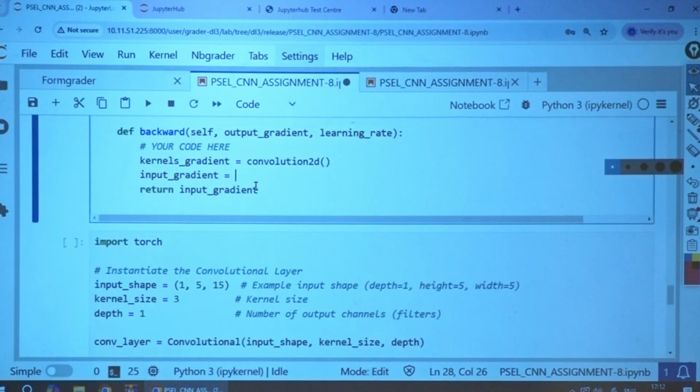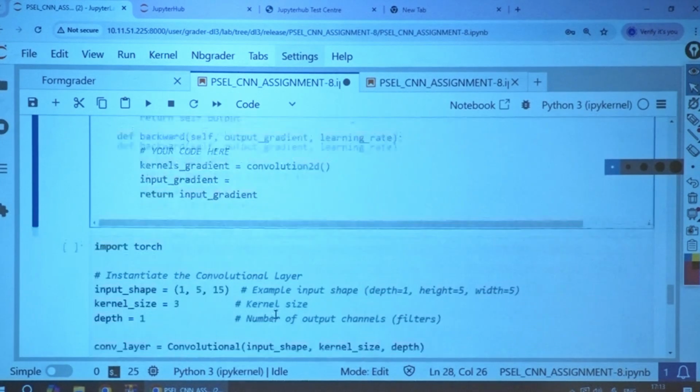We already have the method defined, the convolution. So what you are supposed to do, use the same convolution which we defined, flip the filter, use the flipped filter and the derivative, not the input, sorry, but the derivative size has to map with the input, so padding is to be defined which maps with the input. Padding is to be defined, that's it.